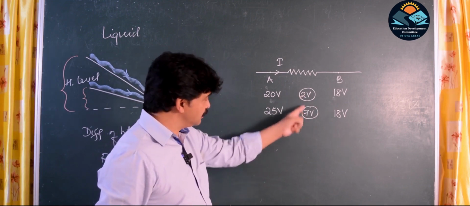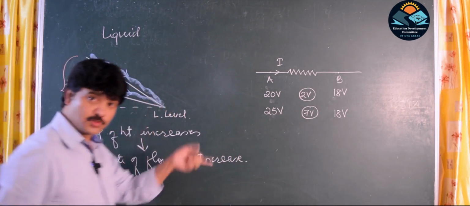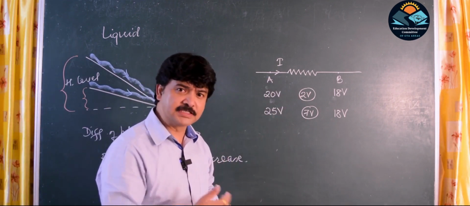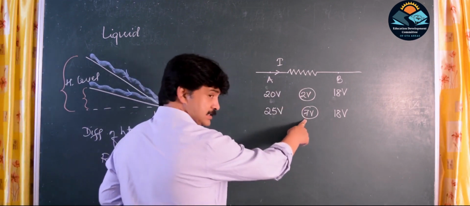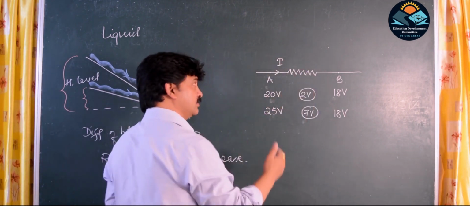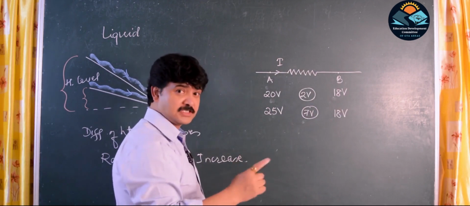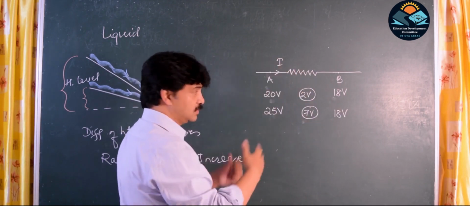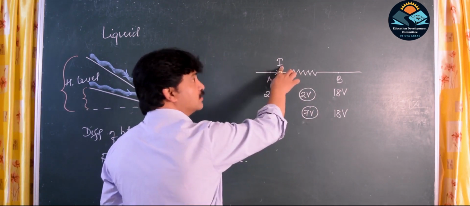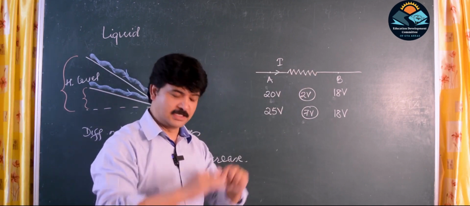As the potential difference increases, the rate of flow should also increase, isn't it? What is actually flowing? The charges are flowing. So as we increase the potential difference, the rate of flow of charge will increase. The charges will flow faster and faster. And what is that rate of flow of charges called? Current. So what does it mean? As we increase the potential difference, current will also increase, and as we decrease the potential difference, current will